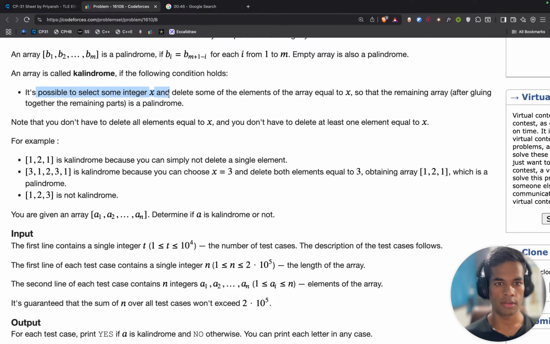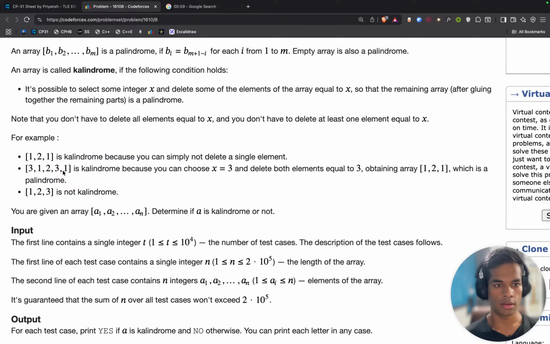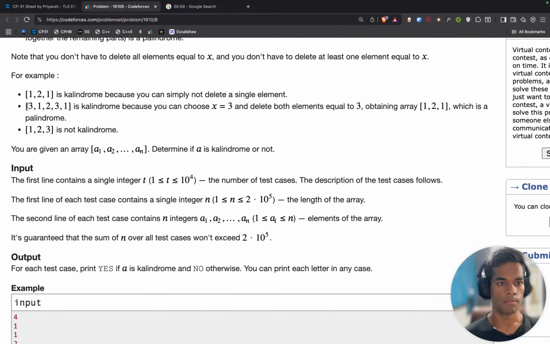Note that you don't have to delete all the elements equal to x, and you don't have to delete at least one element equal to x. For example, this is a palindrome because you can simply not delete a single element.